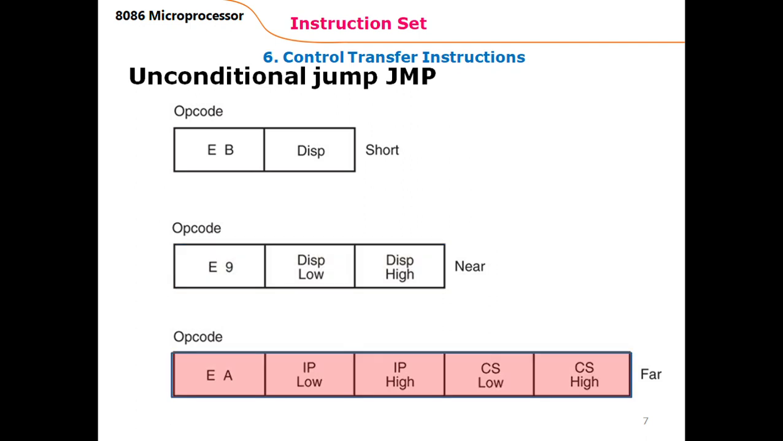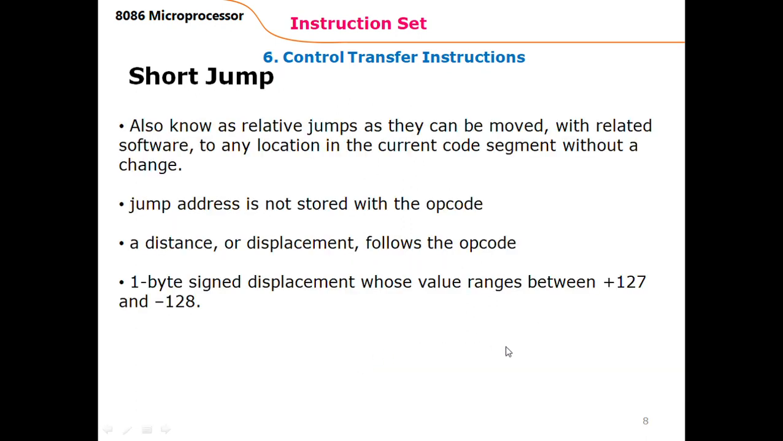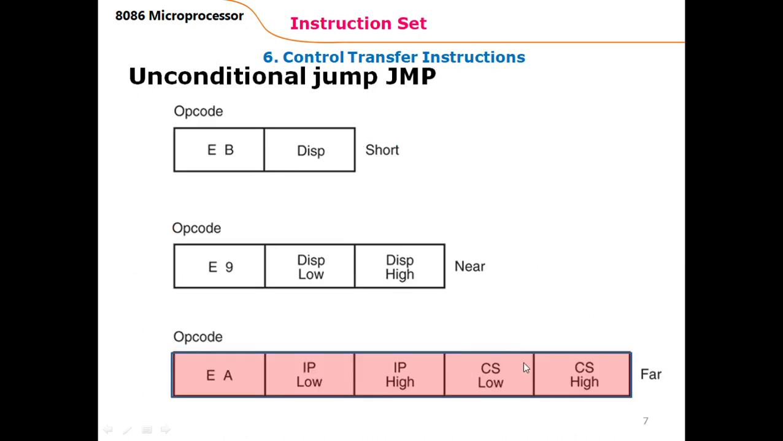And finally, the far jump is a 5-byte jump. So these are the 5 bytes of the far jump. EA is the operation code of this jump, and the next 2 bytes after the opcode represent the 16-bit value of the instruction pointer. This 16-bit value is the new value of the instruction pointer, and after it, there is a code segment value. So this is also a 16-bit number that would be the new content of the code